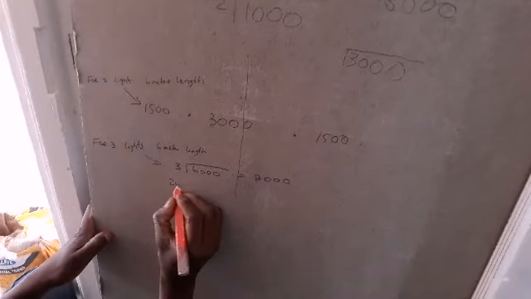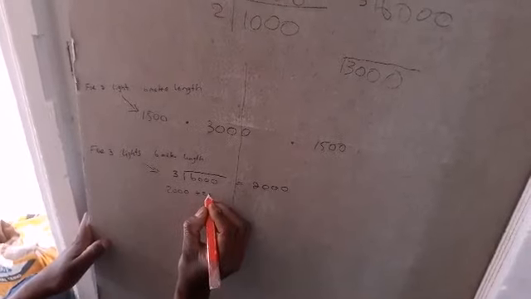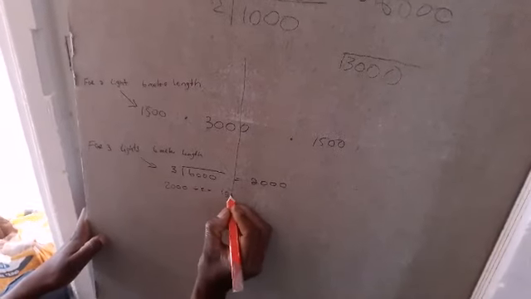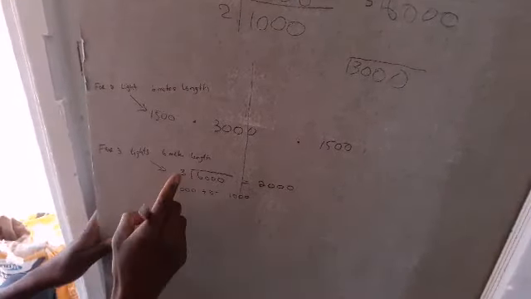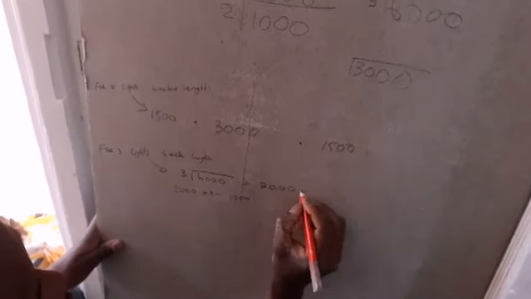So 2,000 divided by 2 equals 1,000. How many lights do I use now? 3 lights. So 2,000 is the space